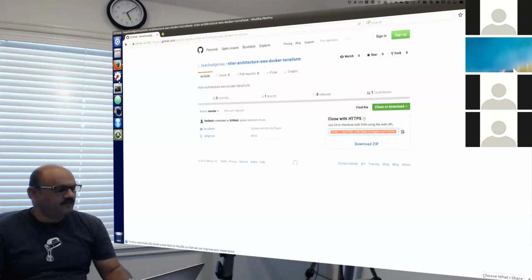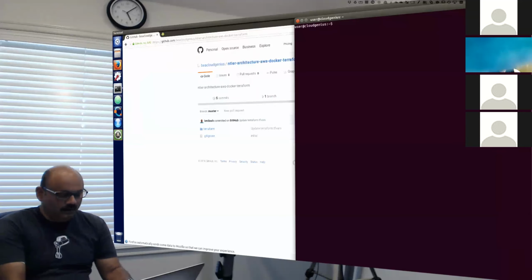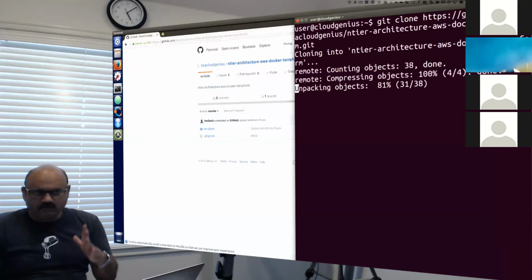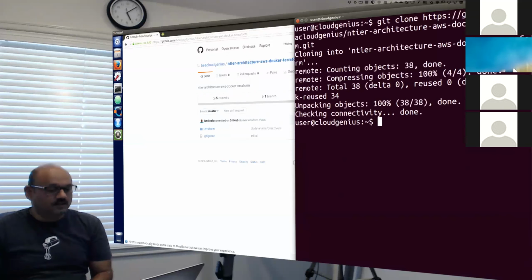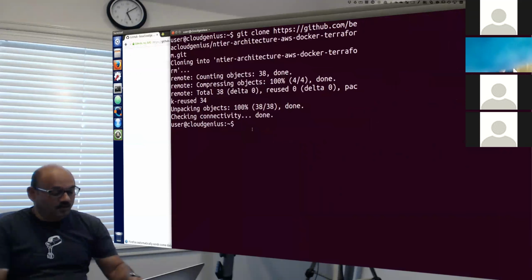That's the first thing I will do, in my terminal, make it a little bigger, and then git clone that link. It is a very, very easy exercise because the whole thing is done for you, automated. So we have this cloned locally.